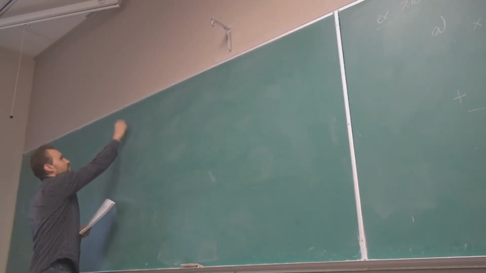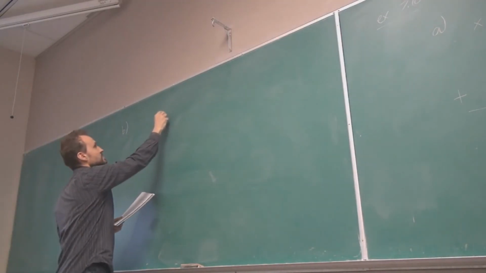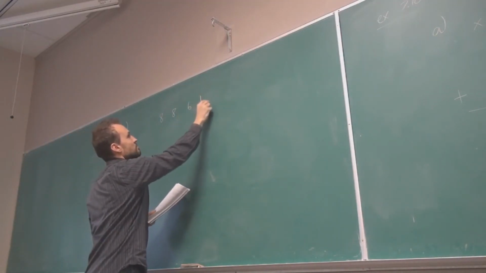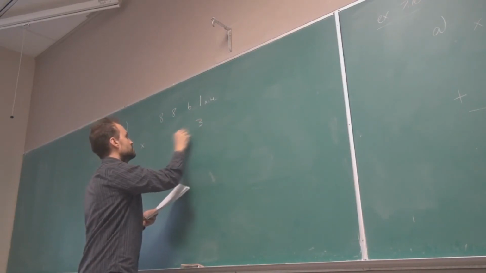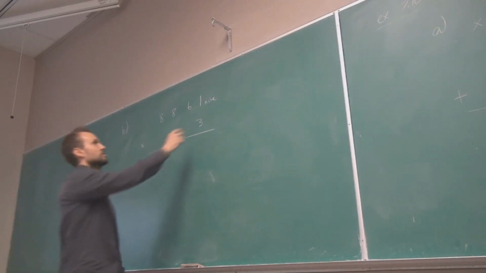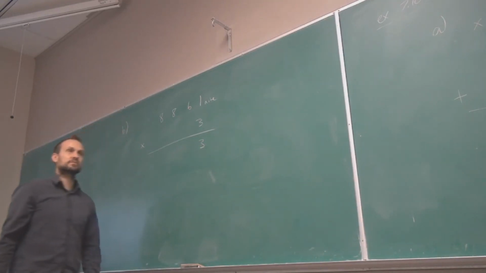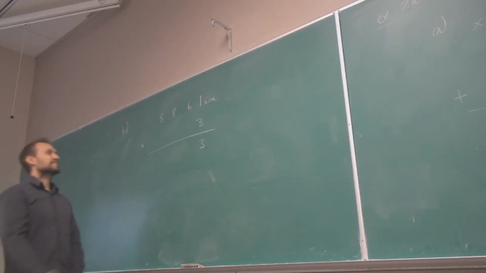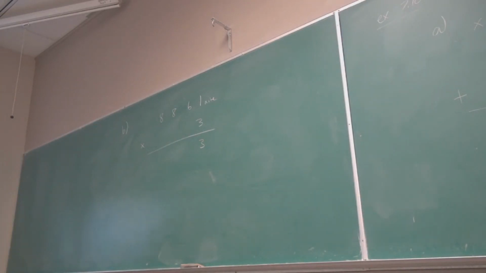Now we're doing B. 8861 base 9 times a 3. See, these small numbers make it so easy. 3 times 1, 3. I don't have to write a subscript if it's a single digit. 3 times 6 is,